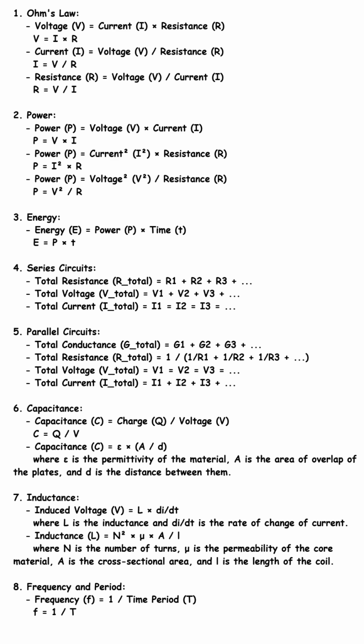Finally, we look at frequency and time period, which are important in alternating current systems. Frequency, represented by F, is how many cycles occur in 1 second, and it is the inverse of time period. So,